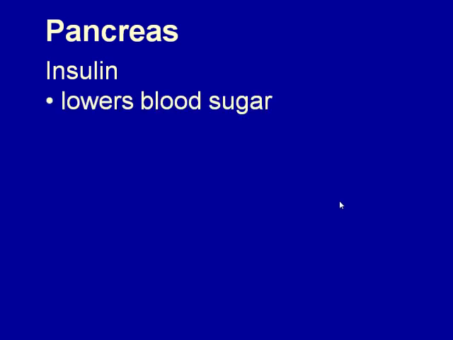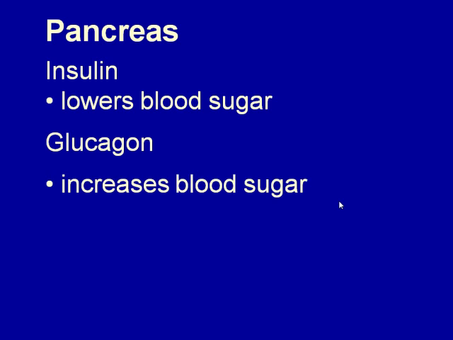The pancreas is one of those dual duty organs. We're going to look at the endocrine function now, looking at the two hormones that are produced. Insulin, which helps lower blood sugar by moving the glucose from the blood into the cells so it can be used for metabolism, and glucagon, which increases blood sugar by taking glucose out of storage in the liver and putting it back in